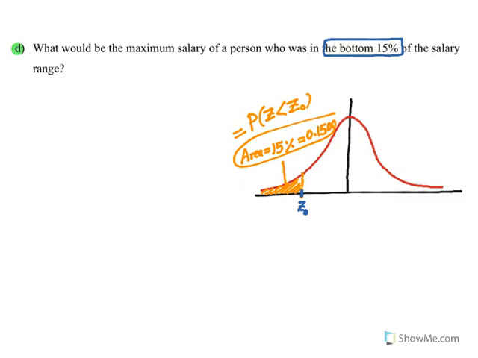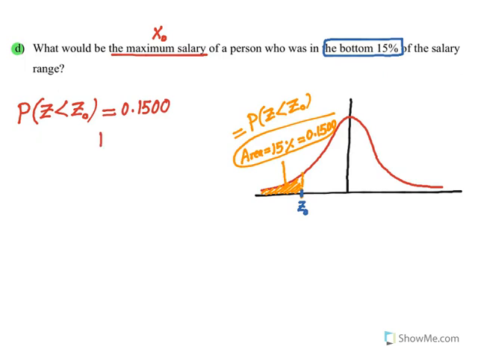Okay? And also, notice that you want the maximum salary of a person. So what you need is to find the X of this person. Or since we called it Z0, let's call it X0. So we want to find this X0. So the question is, you want to find the probability of Z less than Z0 equals